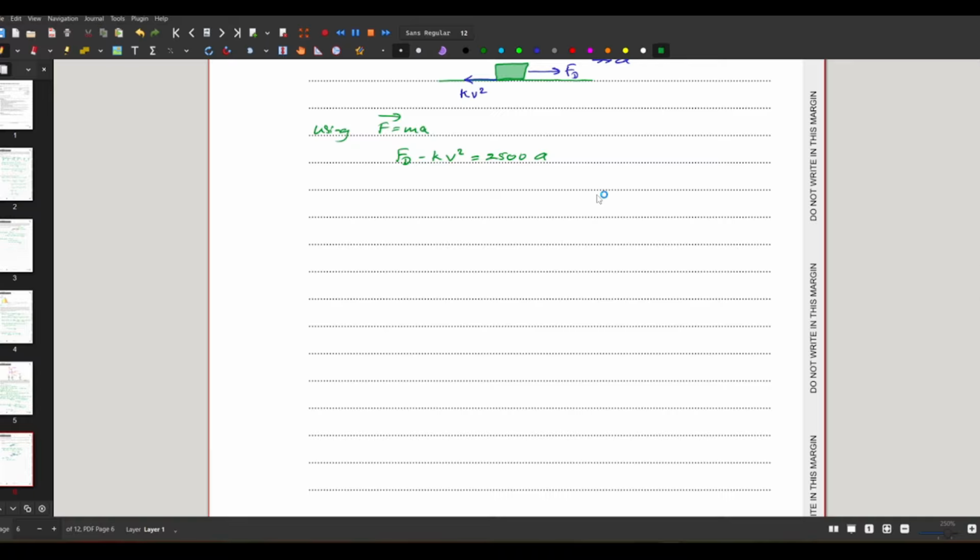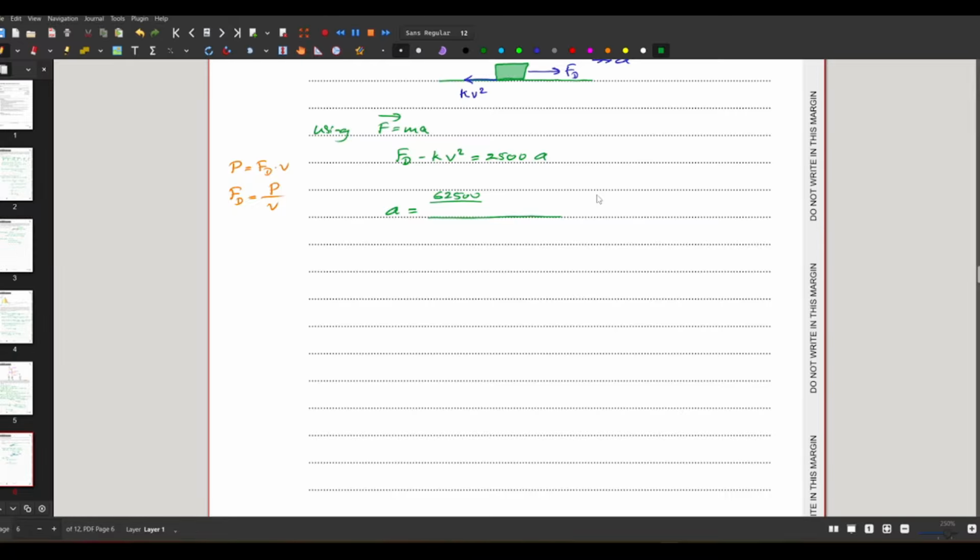Now how you can find FD? Power equals FD times V, and from that one you can write the driving force as power divided by velocity. Okay, so the power in this case, so we can make a the subject here. So a equals FD, where FD is the power, which is